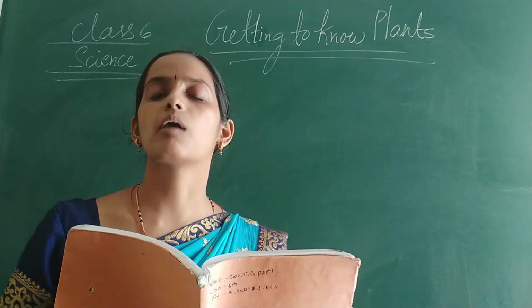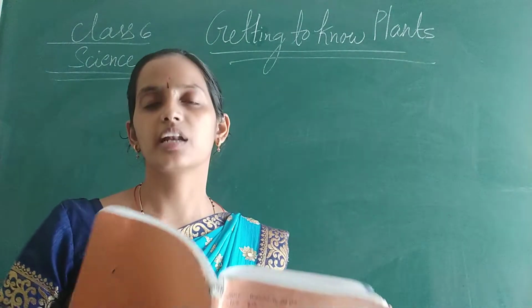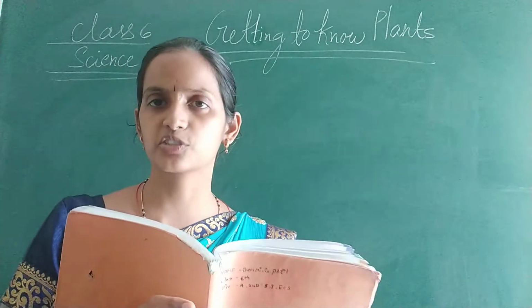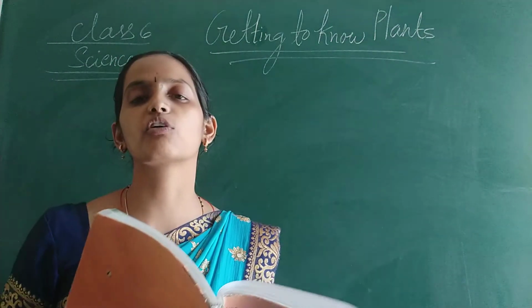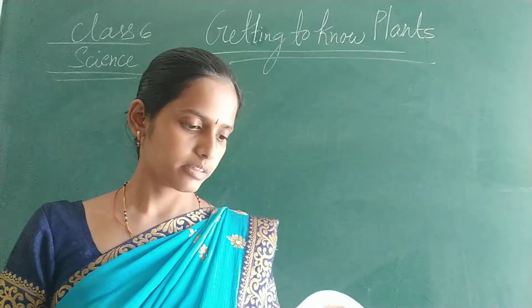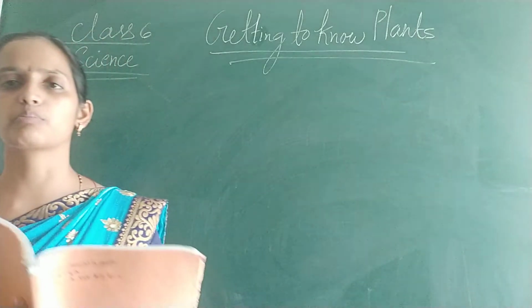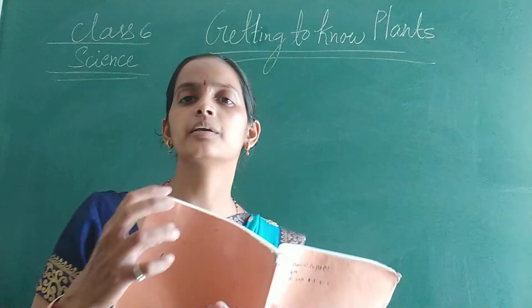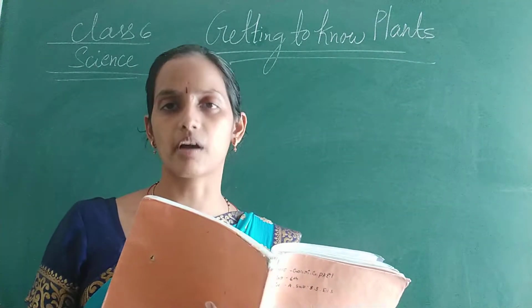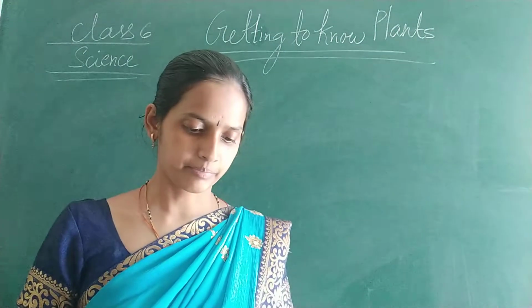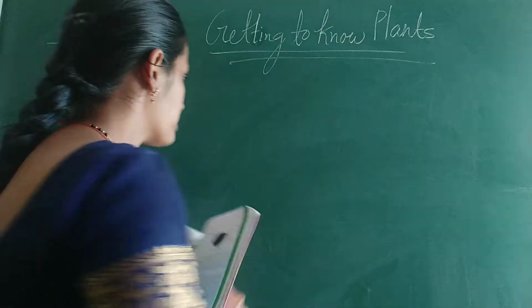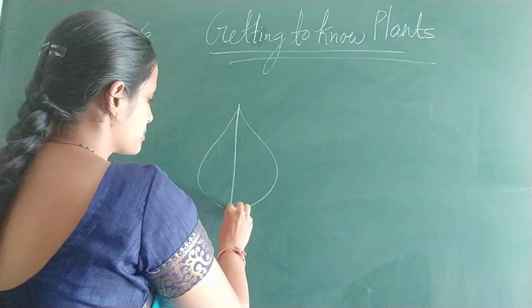Then you have studied about the leaf parts. A leaf has a midrib and there is a vein arrangement on the surface of the leaf, right? And the boundary of the leaf we call the lamina, right? Then what is the use of a stem? The stem is used to transfer the food material or the nutrients from the soil to different parts, right? Then the leaf, so we have studied the leaf parts, right? It has the midrib.